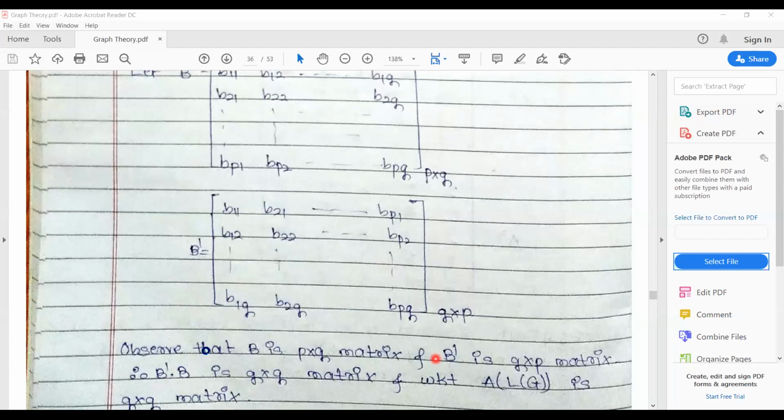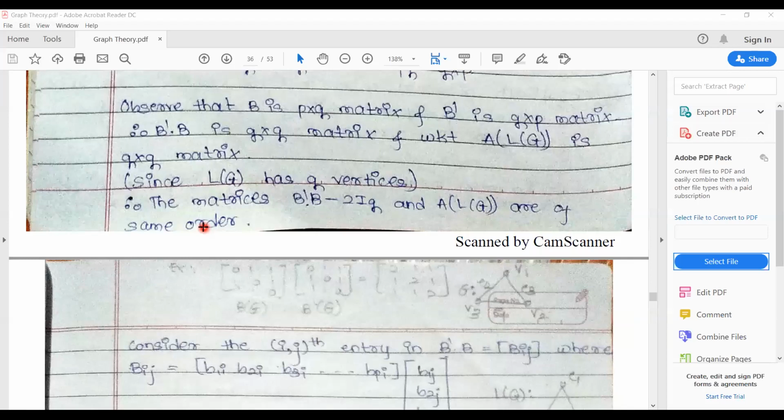So B dash into B, that is a q cross q matrix, it is defined. And as we have taken, in that line graph, whatever number of edges are there, that much number of vertices you have taken. So here, q edges means that L of G contains q vertices. So A of L of G is a q cross q matrix, since L of G has q vertices. That is the order we have written first here. Therefore, B dash B minus 2 I q, because B dash B is a q cross q matrix. I q means a q cross q identity matrix you have to take. So these two matrices have the